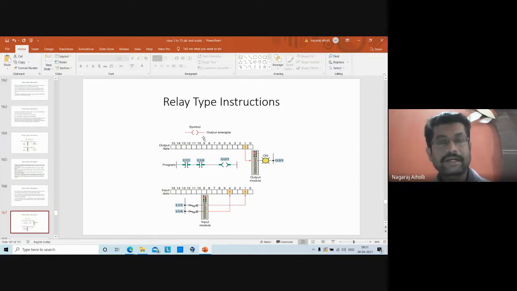In the relay ladder diagram description, the input switches are always represented as the contacts, okay, and the output devices are represented always as the coil. It's just the convention being used by the ladder diagram manufacturers. I mean, the people who develop the ladder diagram software maintain a convention that inputs are represented as contacts and the output always as the coils.